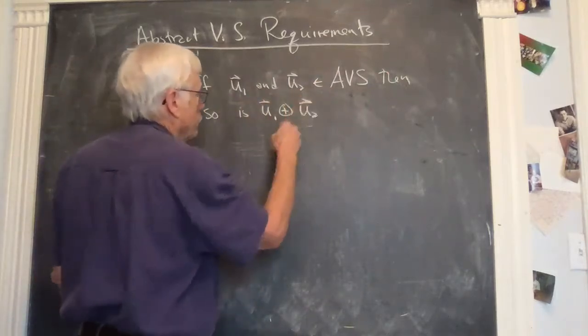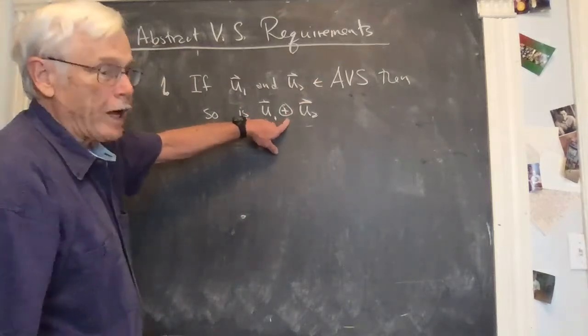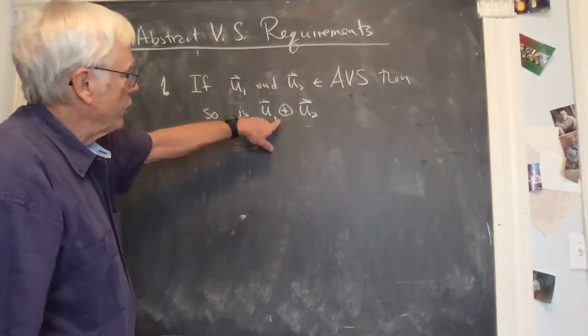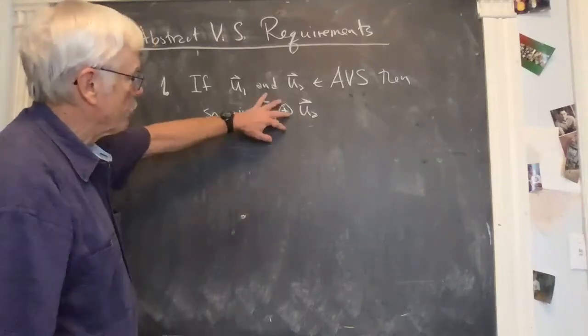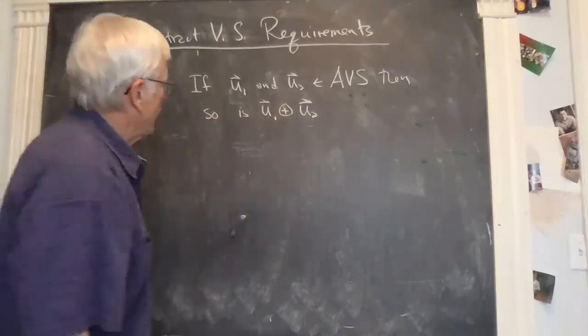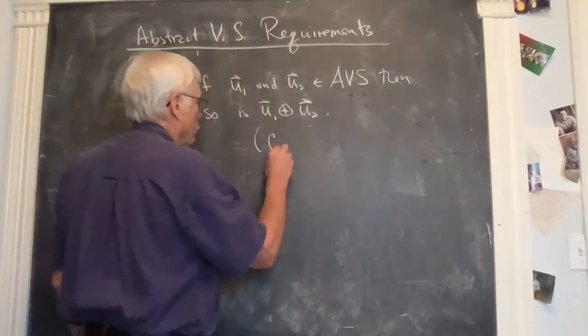And I'll use a circle plus because this plus is sometimes defined in a weird way. So addition of these vectors might not look like addition of numbers, but there is some operation called addition, and it works like this. And this is called closed